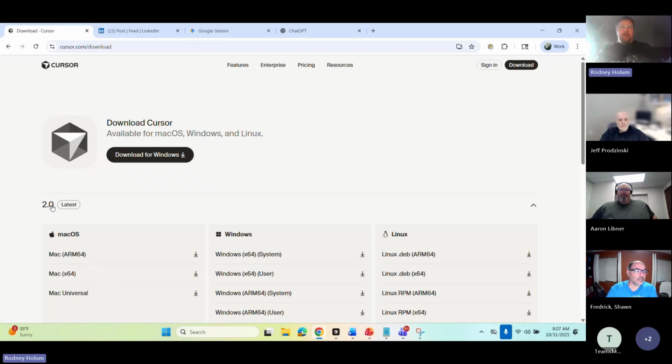The big one we got here, for anyone who's done any of the development stuff, is that Cursor 2.0 came out. Cursor 2.0 has quite a bit of features. My brother Tim would move over to CLI, and if you're at the AI workshop, we did a lot with Cursor, but 2.0 is probably twice as good as the previous one. It allows you to spawn sub-agents off. It does a project manager for you. It has its own programming in there, and it has a browser built within the coding IDE. So you can go ahead and actually do the software development right inside there. I may jump into that at the end of the meeting if we run out of stuff to talk about, because it gets a little time intensive and geeky, but it does some really cool stuff.